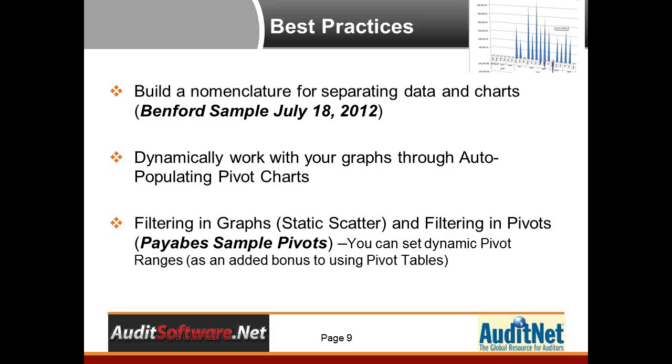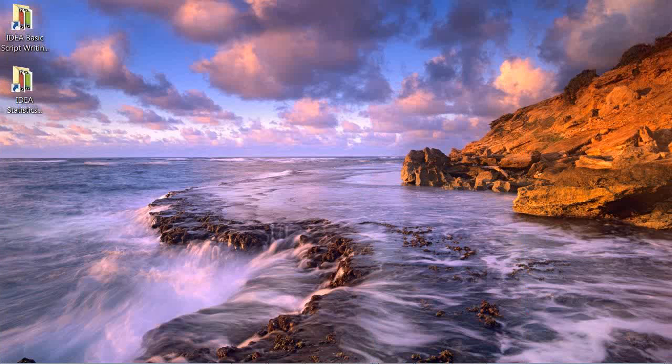Then we'll also talk about how you could auto-populate and filter graphs, either through pivot table filtering or through the actual static file that you may have graphed as a static object. We'll show you the difference of what I mean there. But in either case, you can filter, and I do want to talk through that as well. So I'm going to dive into the actual Excel now, so bear with me one minute as we switch over.